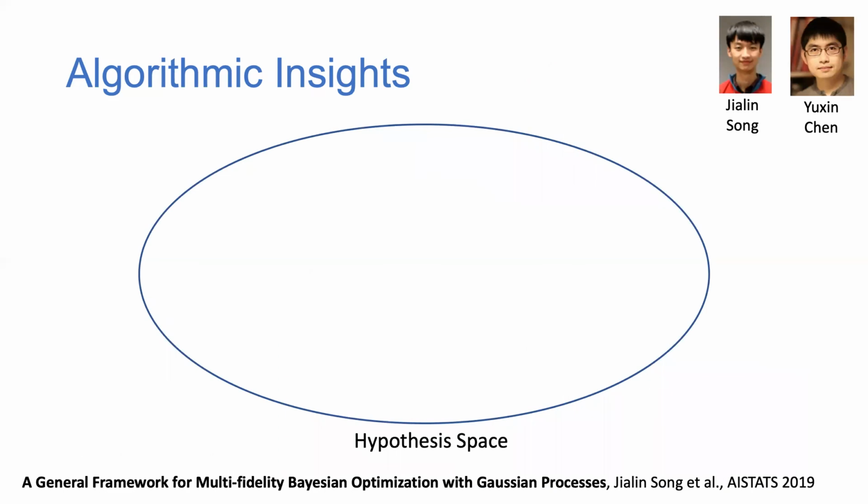So let me first describe the algorithmic insights in a cartoon. For simplicity, let's assume we just have 2 levels of fidelity, so fine-grained simulations and coarse-grained simulations. In practice, you can have multiple levels, but for simplicity, let's just assume it's 2. So basically, in the beginning, the high-level idea is since we have this Gaussian process, we need some way of understanding the relationship between the two